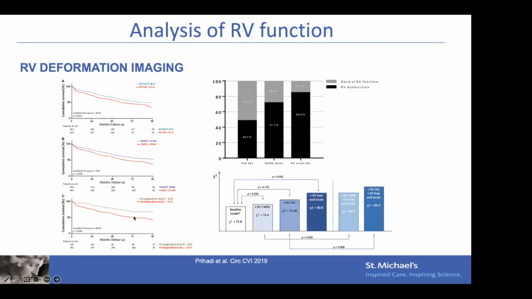Not only does a lower RV strain, or I have to say less negative RV strain, give you a worse prognosis, but if you look at the RV function assessment by these different parameters, you will see that if you use RV strain, a larger proportion of your patients will be qualified as RV dysfunction, suggesting that this might be a more sensitive marker of RV dysfunction. And if you then look at prognosis, RV strain was the only imaging parameter of RV function which really added additional prognostic information to a baseline prediction model, and it even was significant on top of TAPSE and/or fractional area change,